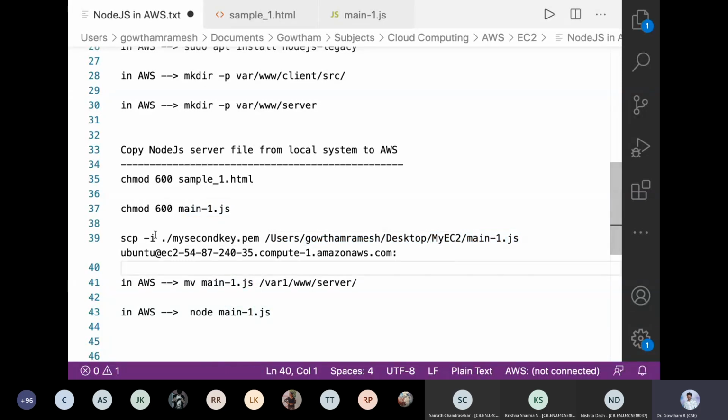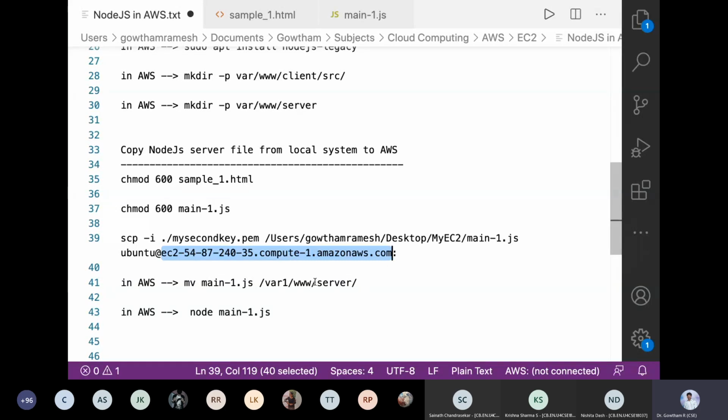Next, to securely copy this particular file to the remote host, I need to have the address of the remote host. Where do I get the address of the remote host? This is the address of the remote host. The first part of the address is the username. For the Ubuntu system which we have created, the username is ubuntu itself. This part I need not change anything. But this is the part which is taken from the address of the current virtual machine.